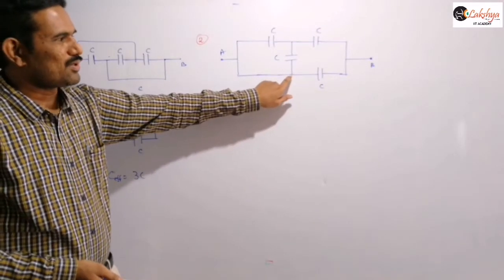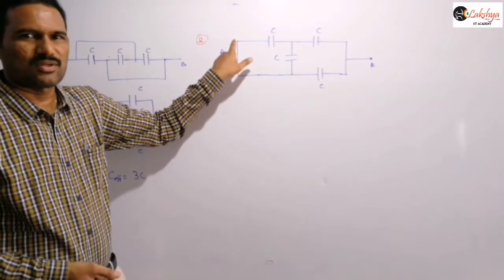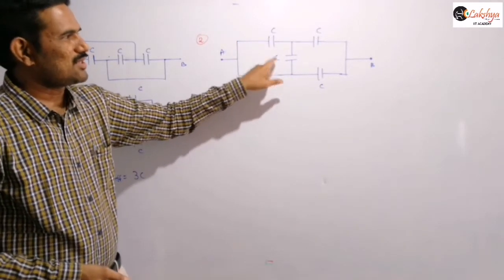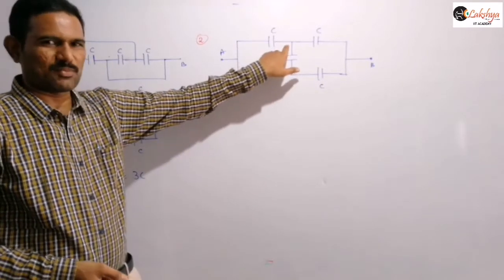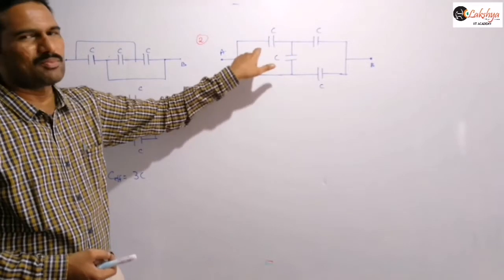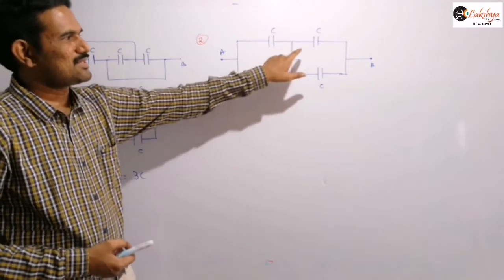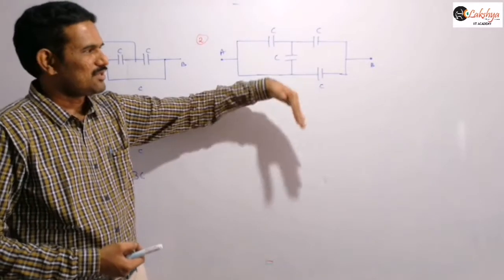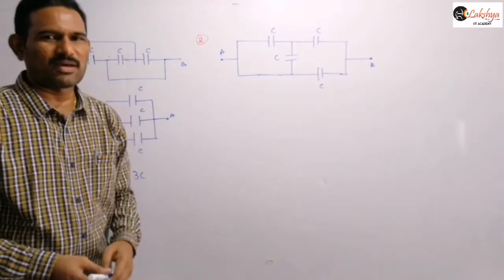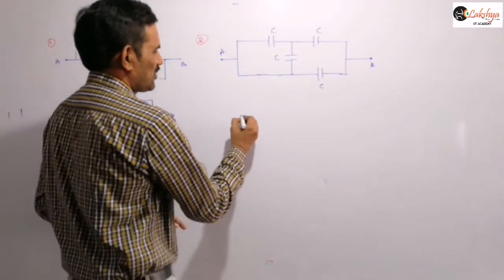And so that means you can remove this conducting wire and you can join directly this wire here, right? And so you can say that one end of these two capacitors are already connected to the common point. So these two capacitors will be now in parallel, and that capacitance will be in series with this C, and the total combination will be parallel with this C, because we are joining this point to here. So that means we can redraw the circuit like this.